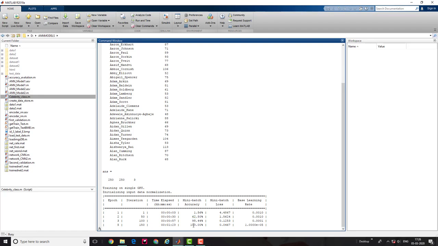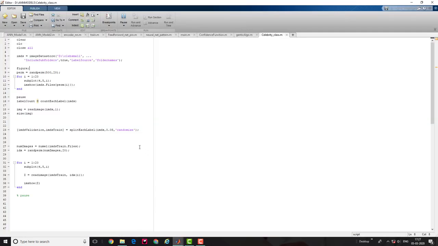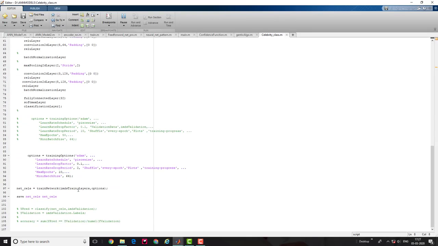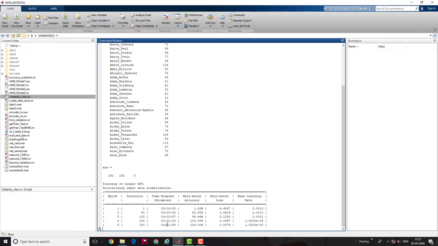At the third epoch, my accuracy for the mini batch is 100% and the loss is 0.04%. So almost... so guys, at the fifth epoch, my accuracy is already 100% and the loss is 0.04%. So the saturation point has already been achieved, but I have initialized this training process for 10 epochs, so it takes a couple of minutes to complete. So far so good, it's true.